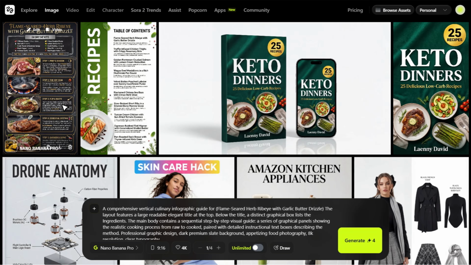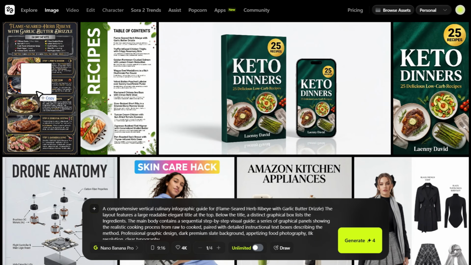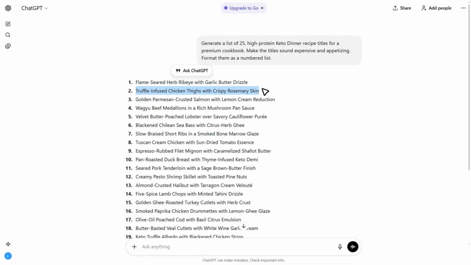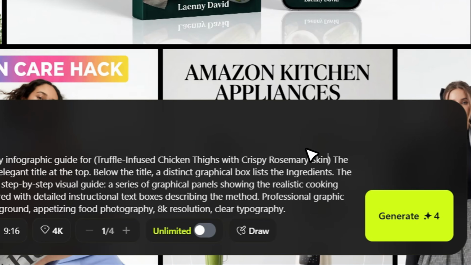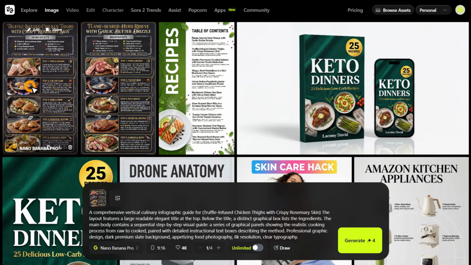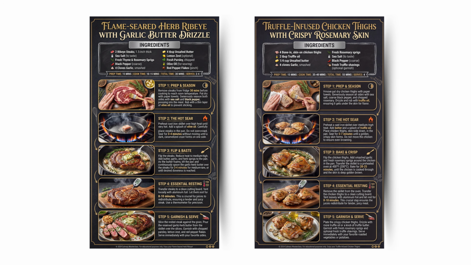Now, the workflow is simple, but here is a pro tip for consistency. You don't want 25 different looking pages. So take that first ribeye image we just made and upload it as an image reference. Now simply copy your second recipe name, replace the old title in the prompt, and hit generate. As you can see, the AI keeps the exact same layout, the same fonts, and the same dark background, just